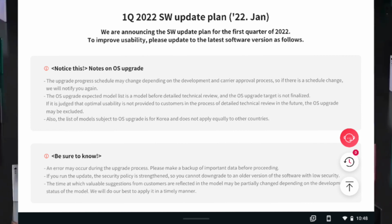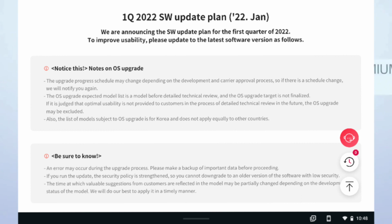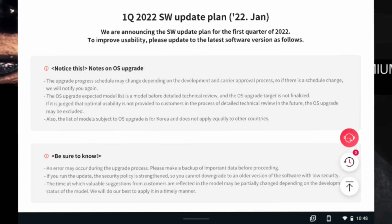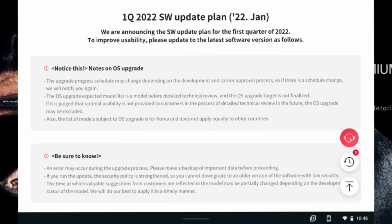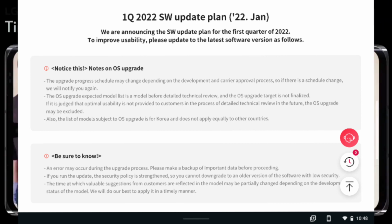The OS upgrade expected model list is a model before detailed technical review, and the OS upgrade target is not finalized. If it is judged the optimal usability is not provided to customers in the process of detailed technical review in the future, the OS upgrade may be excluded. Also, the list of models subject to the OS upgrade is for Korea and does not apply equally to the other countries. Keep in mind, everything being announced here is not exactly the same for other countries like the US, but